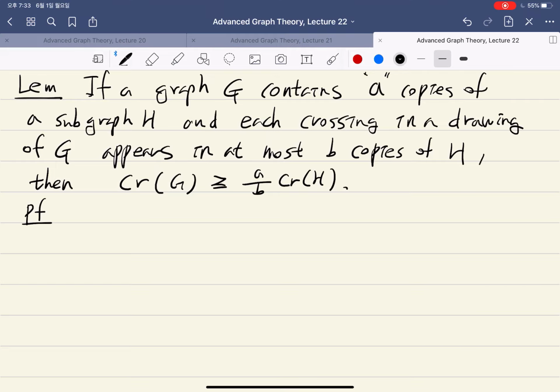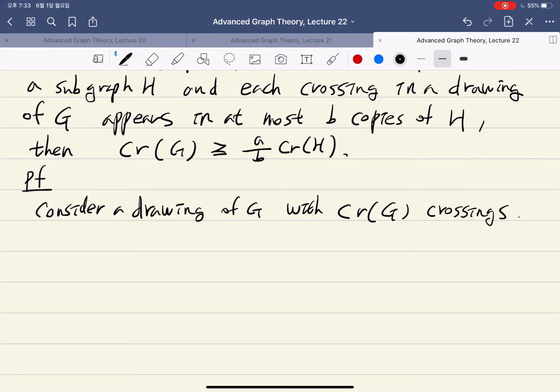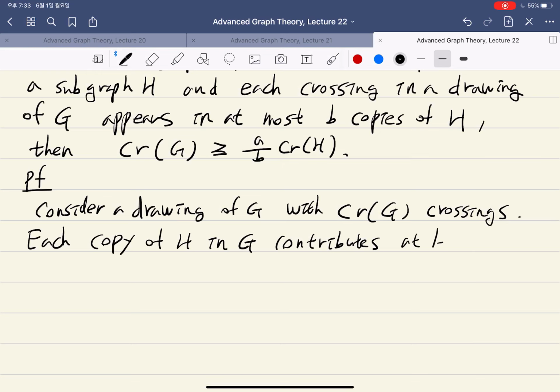So for a proof, we consider a drawing of G with exactly crossing number of G many crossings. Then we do the double counting. Each copy of H in G contributes at least crossing number of H many crossings to the drawing,